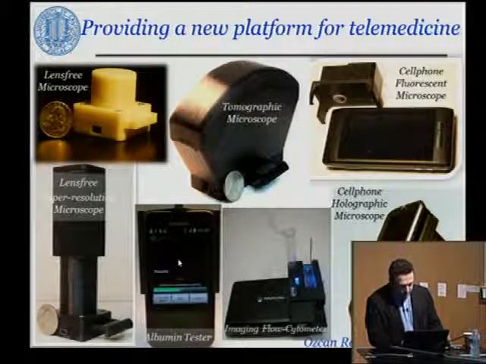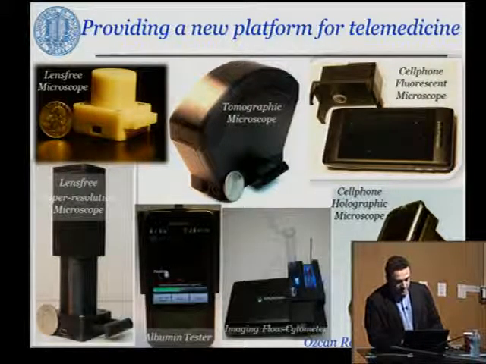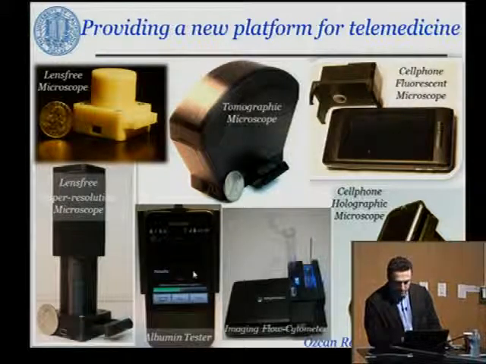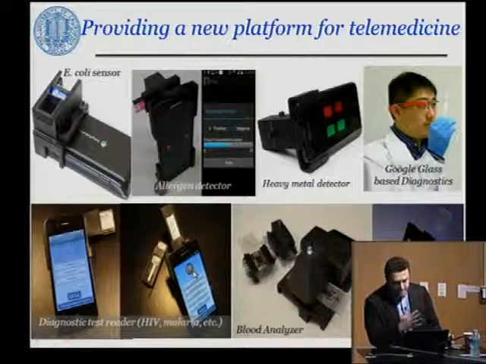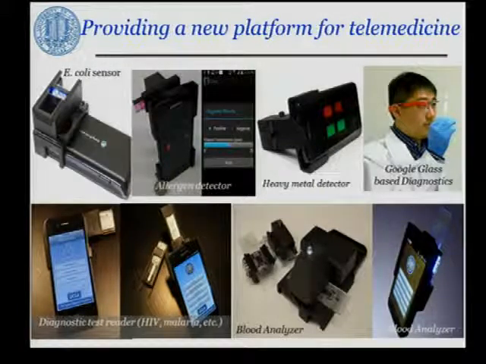In this case, you're looking at an Android phone, which looks at a fluorescent signal from urine samples to quantify albumin, which would be important especially for chronic kidney patients, with about a few parts per million level of sensitivity. And in this next slide, I'll show you some other, maybe a little bit more recent examples, using fluorescence and bright field microscopy through attachments to a mobile phone camera.